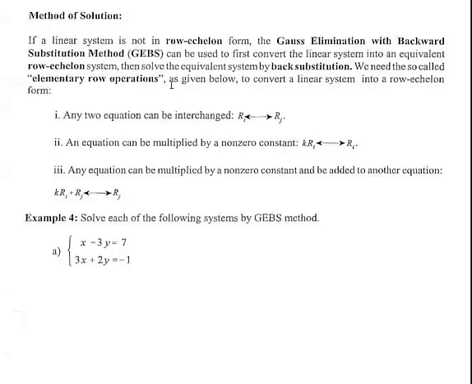Alright, so the system of equations is not going to be given to us all the time in the row echelon form. And so what we do is we do this Gauss elimination with backward substitution method. Okay, we've already done the backward substitution, but what is Gauss elimination? Well,